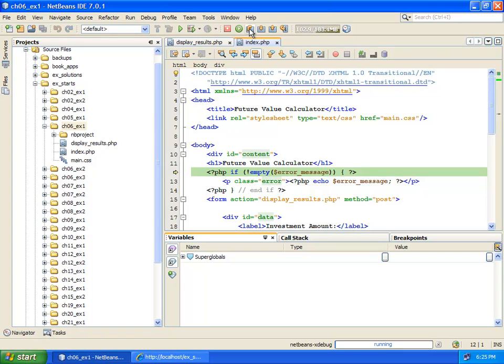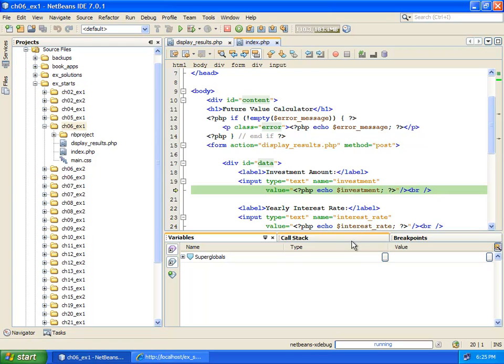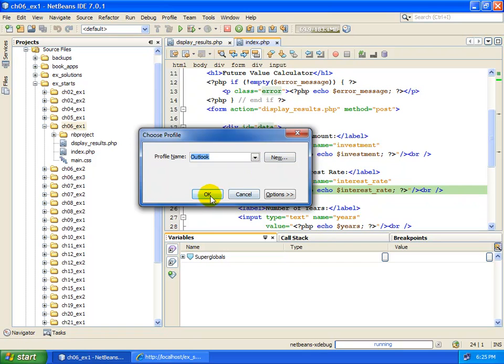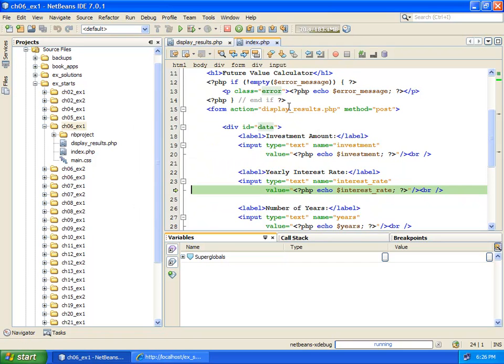So if we click that right here, we step over to the next PHP command, which is this echo statement. We step over again to the next line, which is here, and we would just continue to step through the program. What we want to do though is because we've inserted a breakpoint at the location we're interested in, instead of stepping over continuously, we're going to click continue. Continue says run as normal until you either encounter the end of the program or you encounter a breakpoint. So let's click continue,